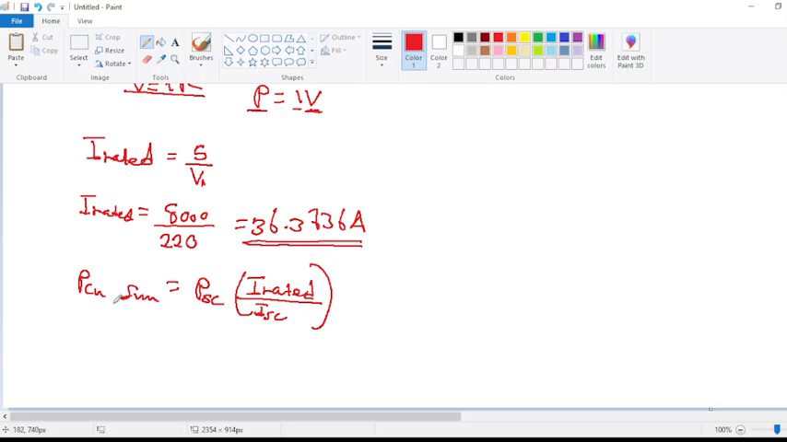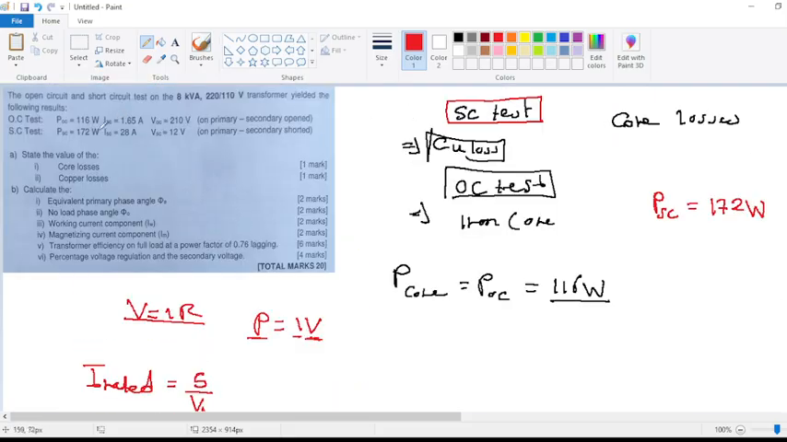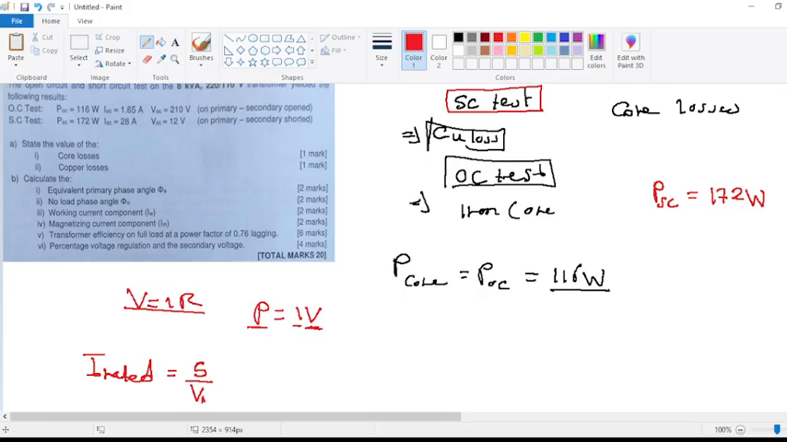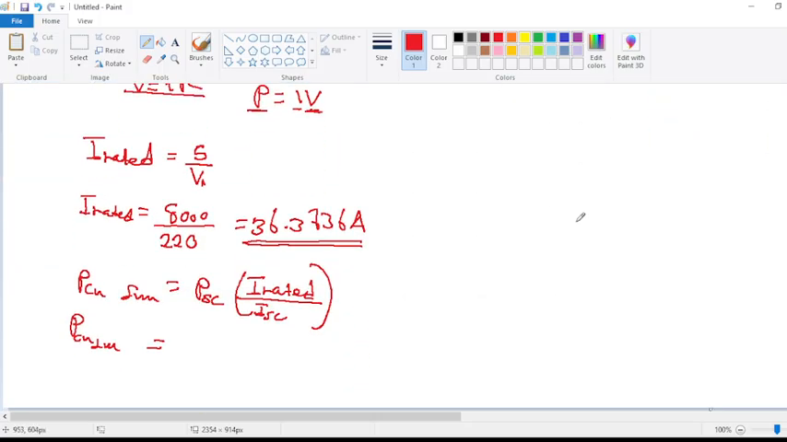So this is how we calculate the full losses happening in the transformer. The power on the copper side, the copper loss at full load, is equal to the short circuit power that has been given on the secondary part, which is 172. So you have your 172,